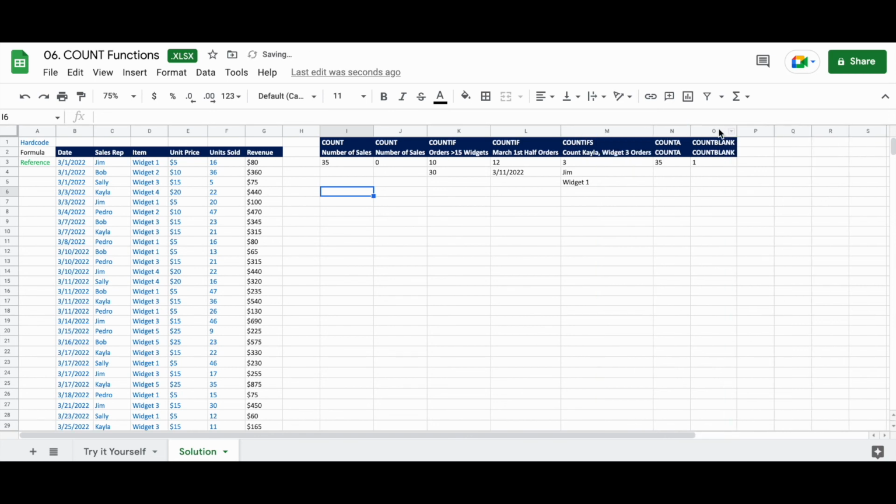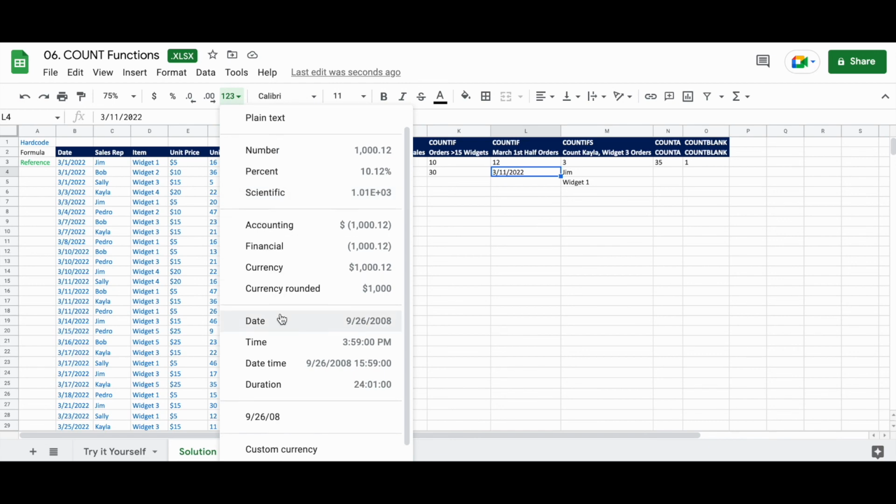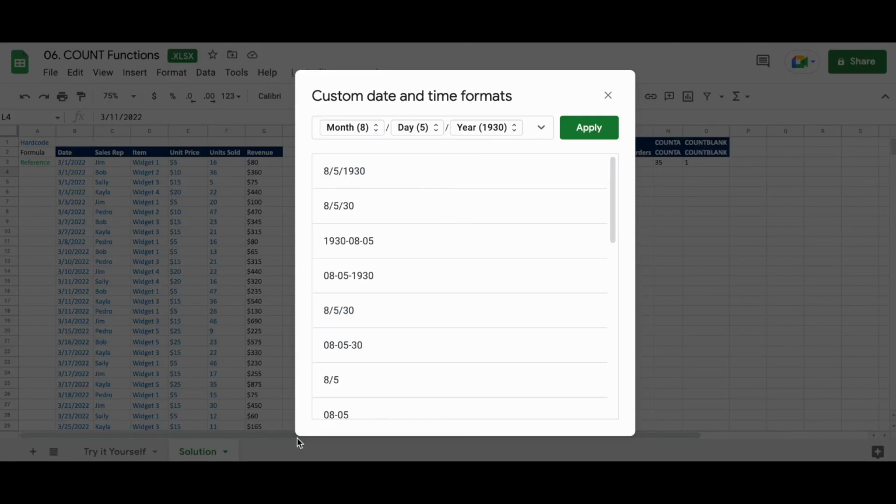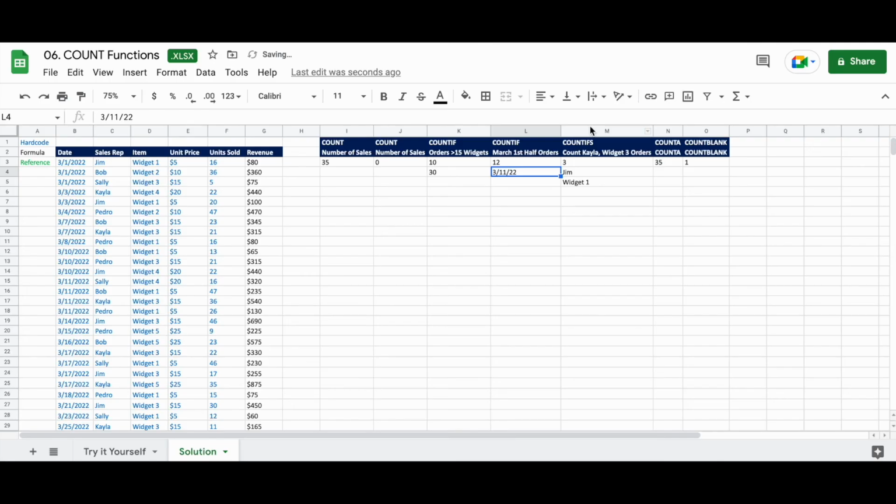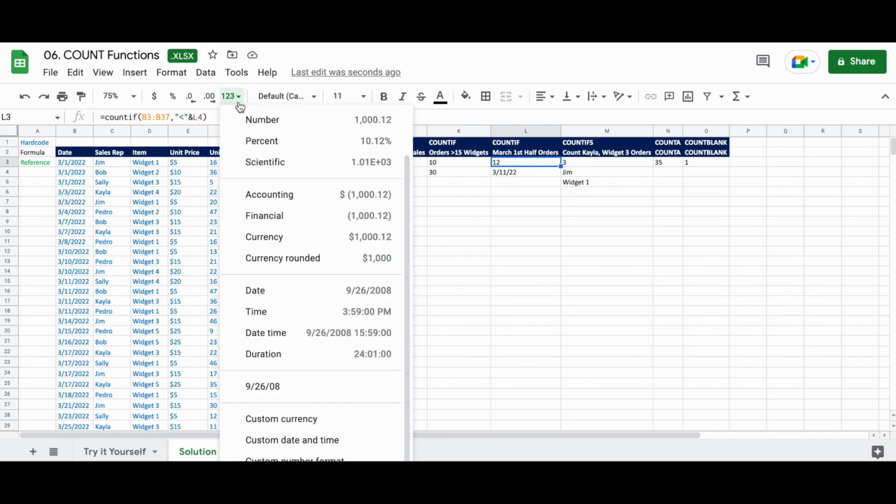And jump over here. And then finally, just to show you how to format in Google Sheets, let's say, for example, that we want this to be 3/11/22 instead of 3/11/2022. Come up here to your ribbon, More Formats, and then we can do a custom date and time. And let's make it look like this. And we'll apply. And we see that instead of being 3/11/2022, it's now 3/11/22. And again, we can change. If we wanted this to be a currency, we could change it to be a currency using that same formatting for numbers over here in the top section.